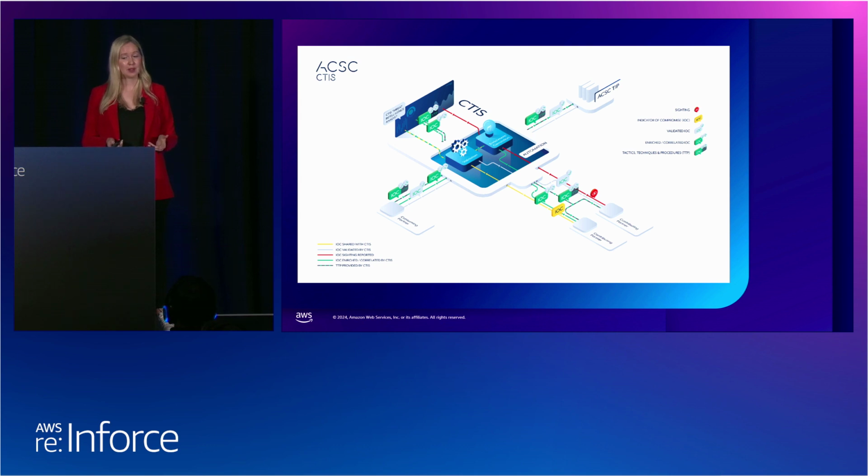Another example, an ACSC CTIS partner reported that they had 69 IP addresses communicating with a web shell. ACSC had a bit of a look at this and they identified that the web shell was China Chopper. For those of you unfamiliar with China Chopper, it's a web shell hosted on web servers to provide access back into an enterprise network without needing to rely on an infected system. It calls back to a remote C2 or command and control server and has been used by so many threat groups over the last few years.